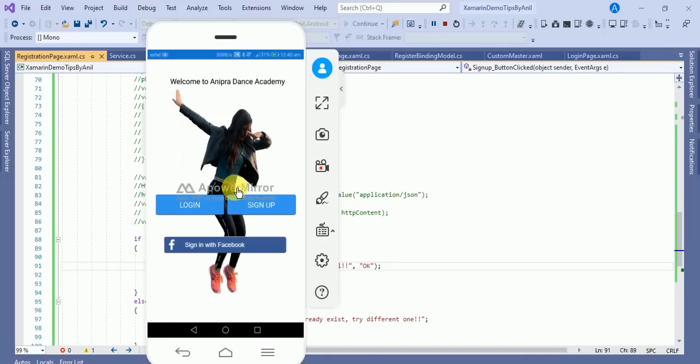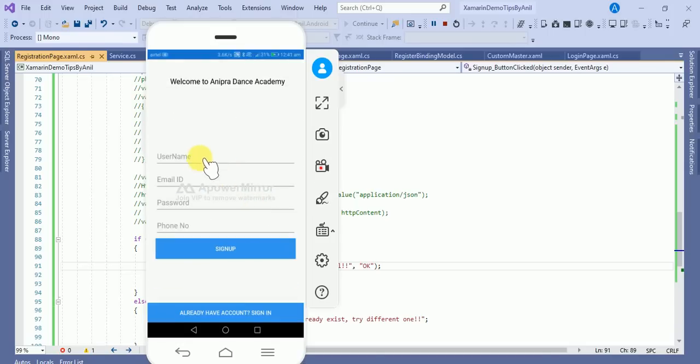How you can create the home page, I already told you in my previous video, and if you didn't watch my previous video, then before proceeding watch it first, otherwise you will not understand what I'm doing. All these things are linked with my previous videos. So this is the sign in with Facebook. I'll let you know in my next video how you can sign up with Facebook and sign up with Google.